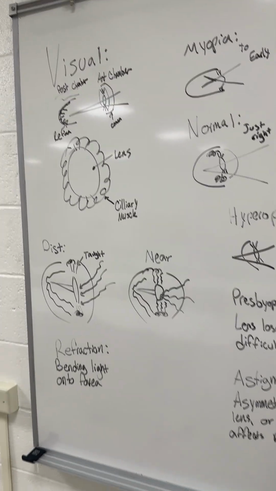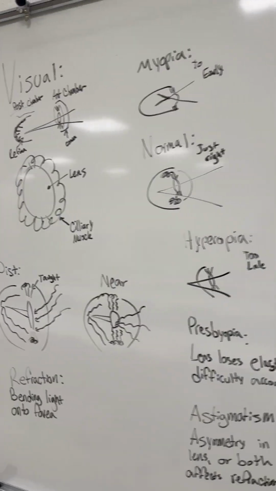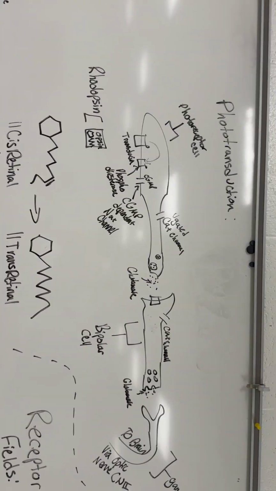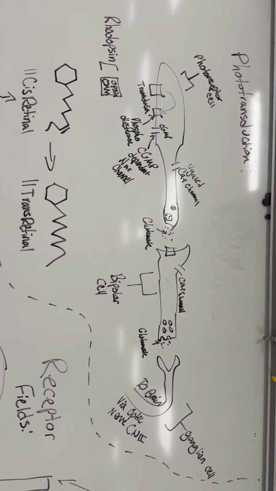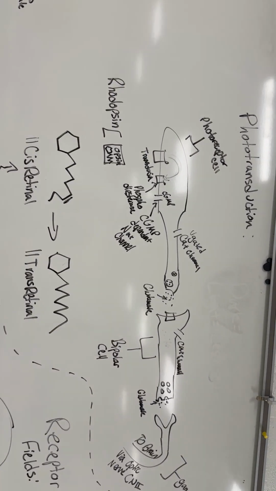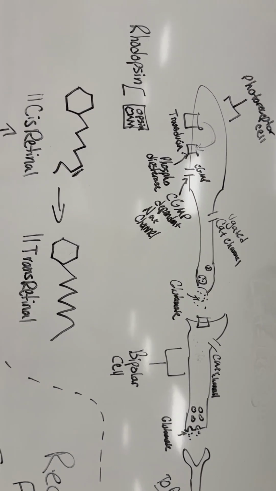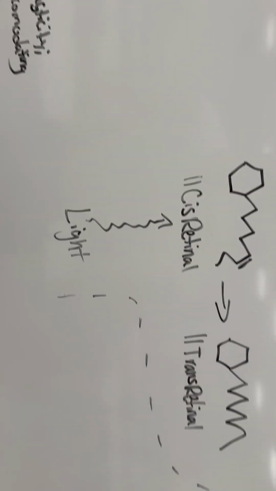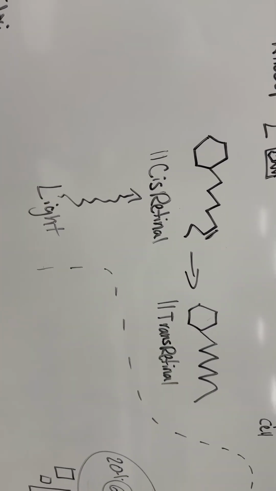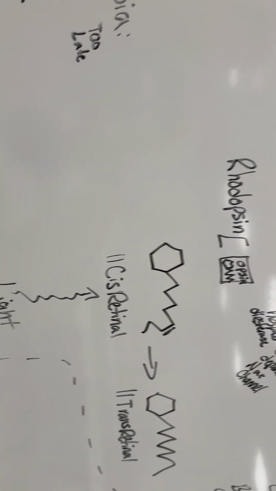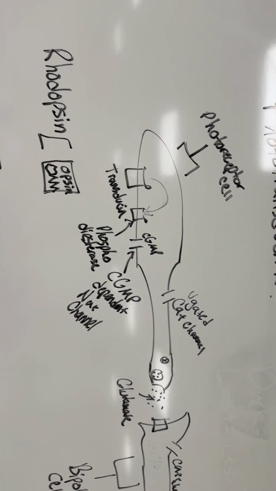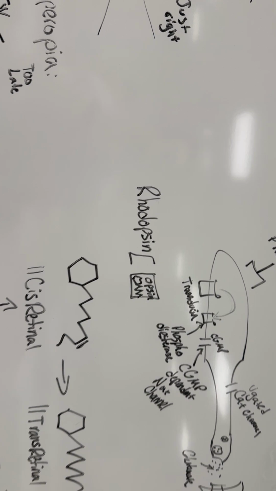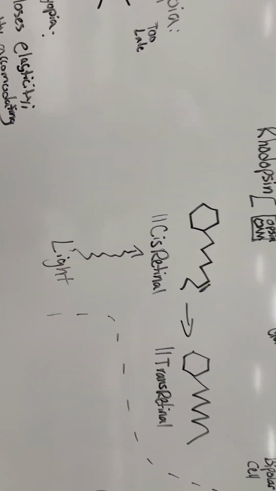So we've discussed how light gets refracted onto the retina. Now let's talk about phototransduction. The question is, how do we turn light into action potentials that our brain interprets as vision? So you have light, and light has these little particles called photons. And on the photoreceptor cell of our retina, we have a pigment called rhodopsin, and this is going to absorb